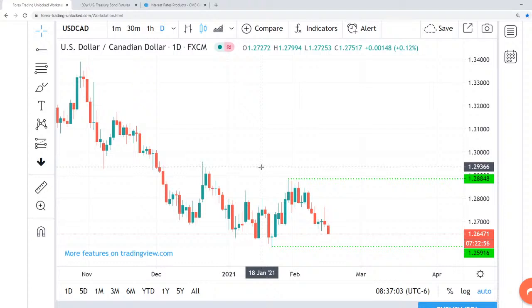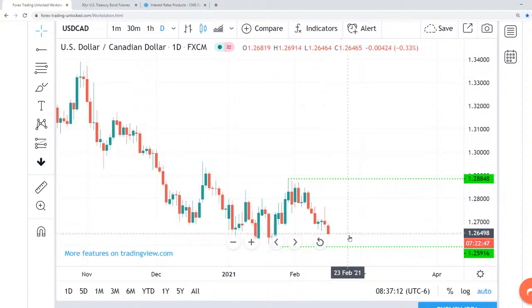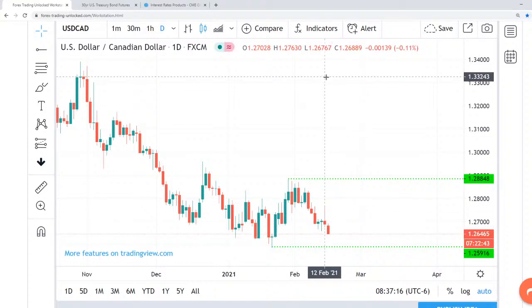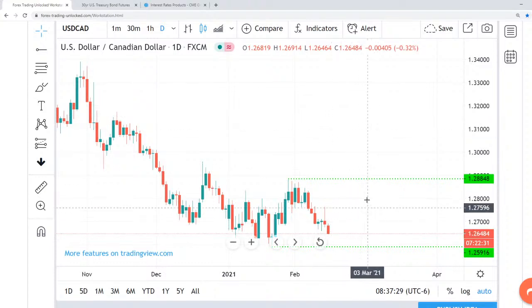So what are we looking at here? Continuing to make lower lows and lower highs. Key off of this $28.84 area and this $25.91. Oil is another driver of this trade. Canada's not going to stop drilling oil and producing oil. They are a commodity country. So that is going to weigh on the U.S. dollar Canada. Should we see a correction in oil, then I think we could see another challenge of this $28.84